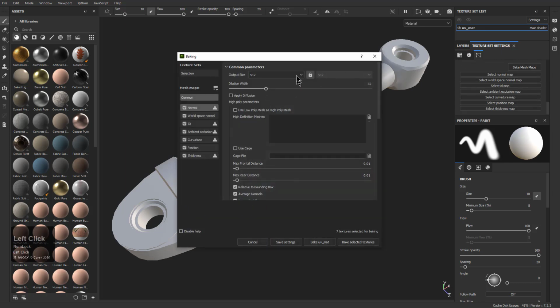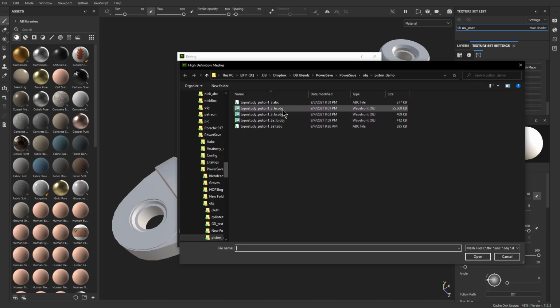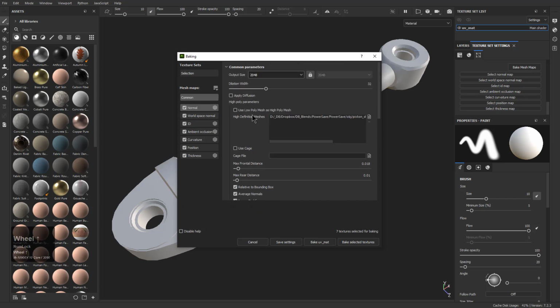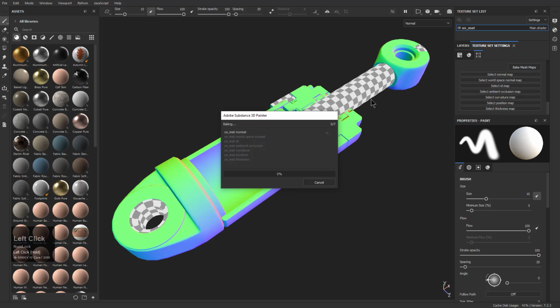So I'm going to go to Bake Maps, we'll set ourselves to 2048, and choose to import our high. Typically with the high, all I do is remove a couple of characters from my name, matching. We want to match by names. We'll set subsampling to 2x4. We could raise the frontal distance just a tad. It really doesn't matter until we bake and begin troubleshooting what's going on. And for ambient occlusion, instead of self-occlusion, we want to enable same mesh name, so that we have ambient occlusion unique to each part as if it's isolated in space instead of them all being together. So if we bake our map,